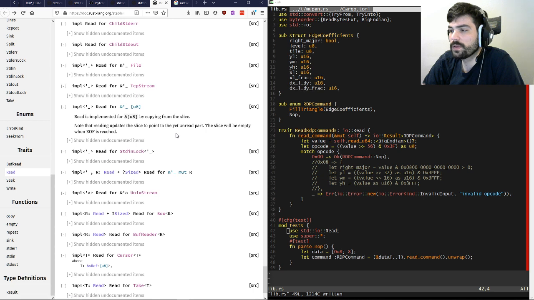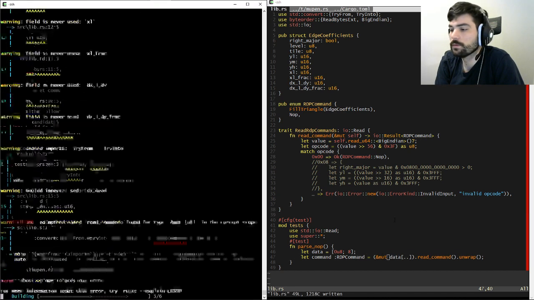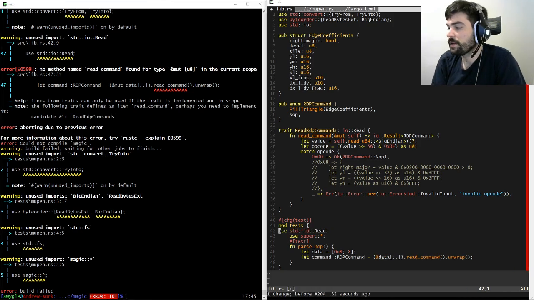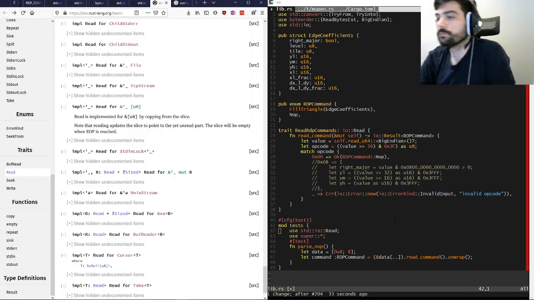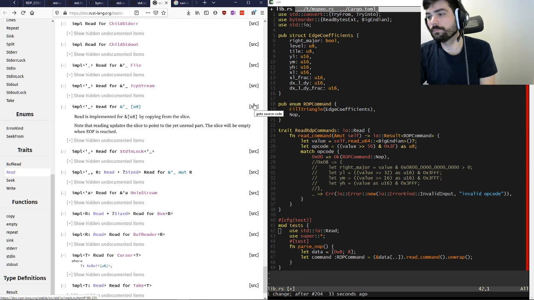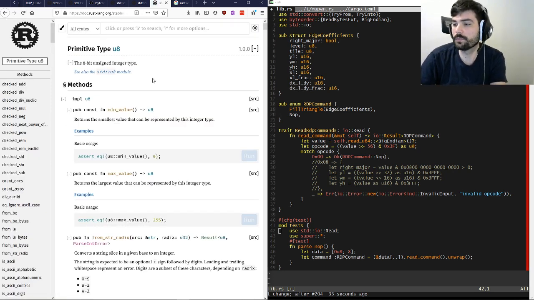Note that reading updates the slice to point to the yet unread part. The slice will be empty. I bet I need it to be mutable. No, that doesn't really make sense. Fine. Be that way. I don't understand why I can't get this to work, but